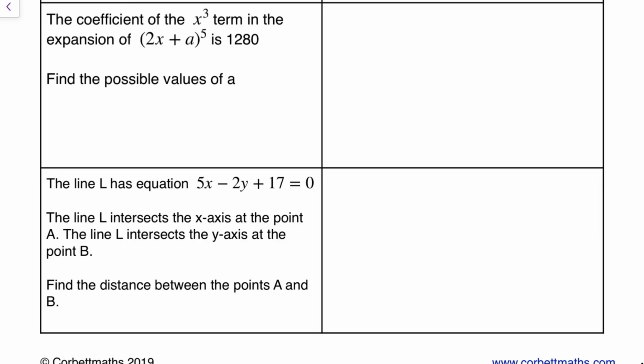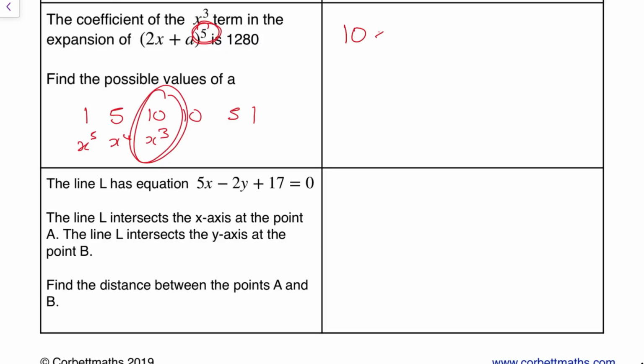Next question. The coefficient of the x cubed in the expansion of this is this, find this. Now, that's to the power 5, so I remember my fifth row, it's 1, 5, 10, 10, 5, 1. This is x5, x4, x3, which is the one I want. So therefore it's going to be the case that 10, the coefficient from Pascal's triangle, times 2 to the x cubed, times a squared, 5 minus 3 is 2, is equal to 1280x cubed. Now, cancel my x cubes, and then let's expand this. So 10 times 2 cubed is 80, a squared is equal to